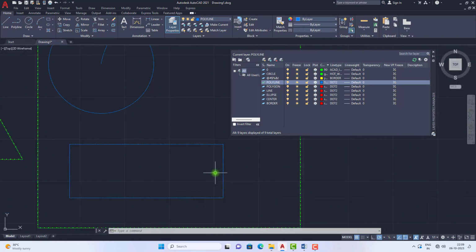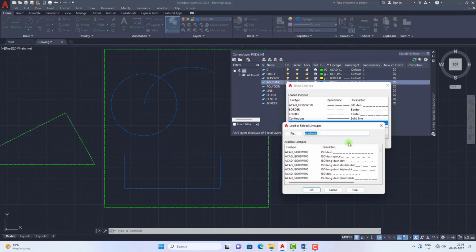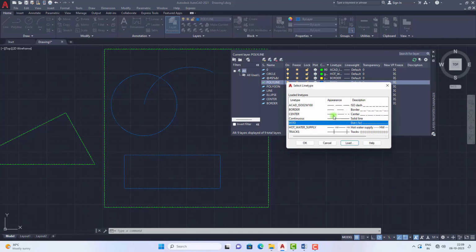Line type: this is in the line type tab. See, I am clicking here and clicking on Load, and now I am selecting this Tracks and click OK, and again you need to select Tracks here and click OK. Now check, the objects have changed.